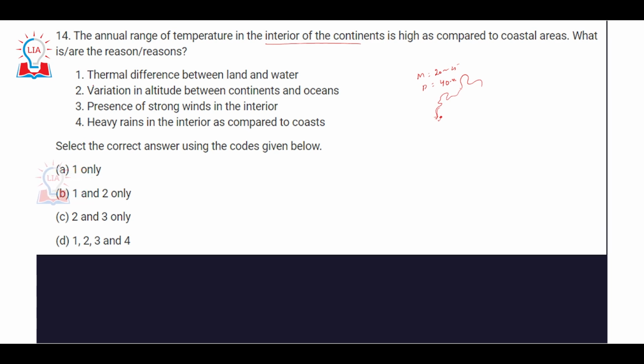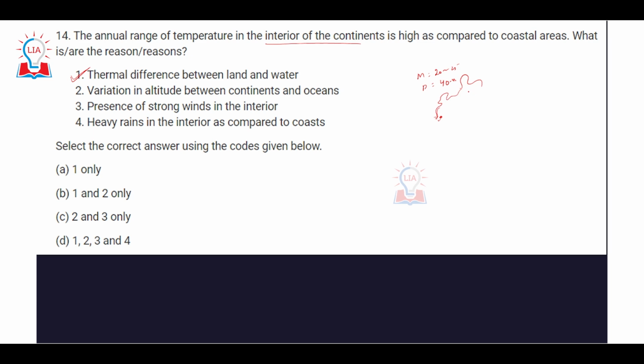Now this happens mainly because of the thermal difference between land and water. What happens is, if we talk about the heating or cooling between land and water, land has this characteristic of heating more rapidly as well as cooling more rapidly. On the other hand, water heats up slowly as well as cools slowly. So due to this, what is called the differential heating and cooling of land versus water,